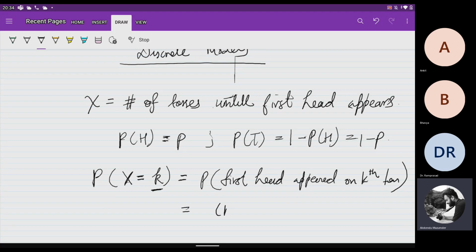So it will be 1 minus p. It means I got tail on the first toss. I again got tail on the second toss, dot dot. I got my tail on the k minus 1th toss. But at the kth toss, I got my head. That is the probability p. So it will be